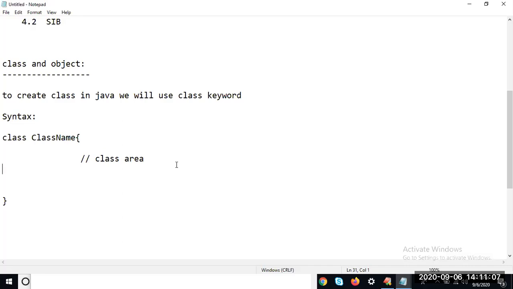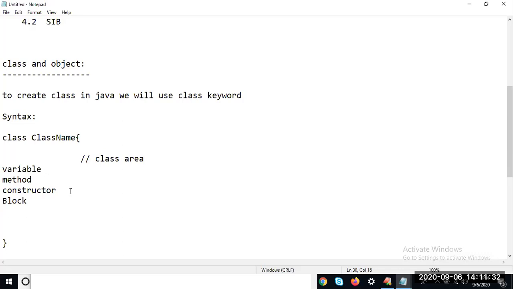We can declare variables, methods, constructors, as well as blocks. When we should go with variable, when with method, constructor and block, all these parts we will learn. And what is the use of variable?